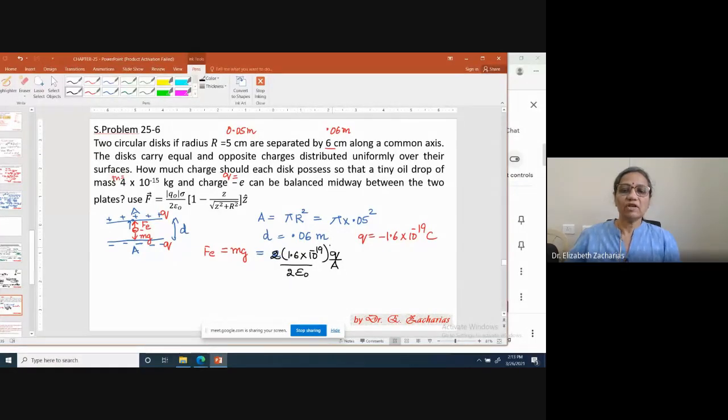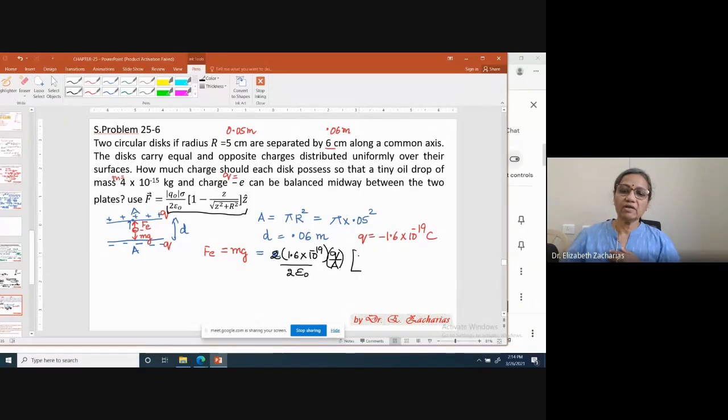In case you are wondering what I'm doing, I'm just taking this equation and filling it up. I'm putting a 2 here because this equation is for the force because of one plate, but both the plates are actually exerting the same force in the upward direction. So 2 times. Instead of Q naught, I'm putting 1.6 into 10 to the power of minus 19. I'm putting 2 epsilon naught, and instead of sigma, I'm putting Q by A. The charge is Q on the plate, A is the area.